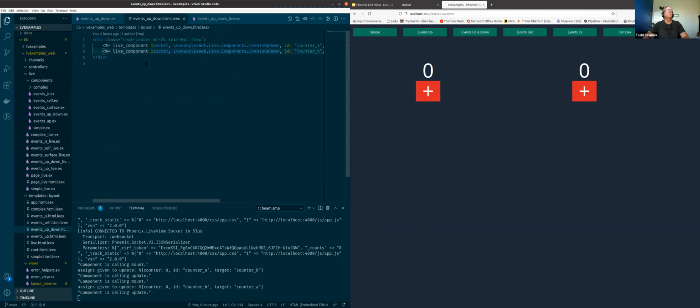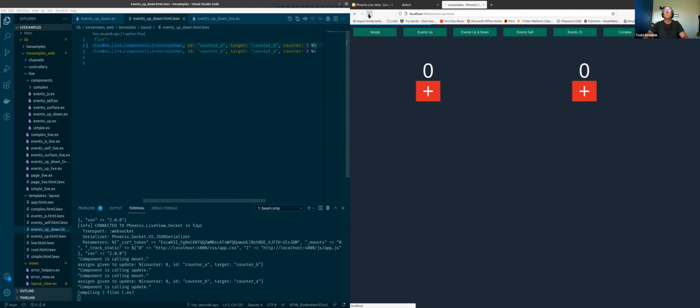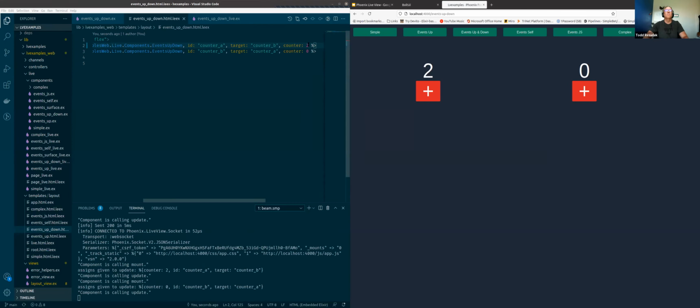And so I guess the last part is this is the LiveView template. And so you see this events up and down component is the same component being reused. So as I promised, reusable components. They get a separate ID and a separate target. So they both start at 0. If I were to, let's say, start this one at 2, so you can see it change there. And so what's happening is when I click on this button, this first one,